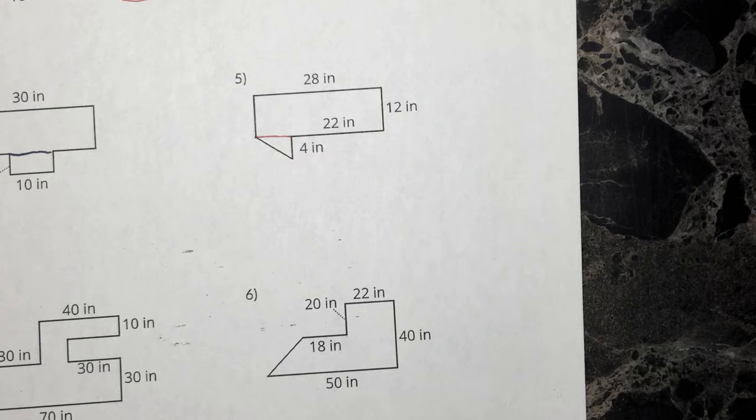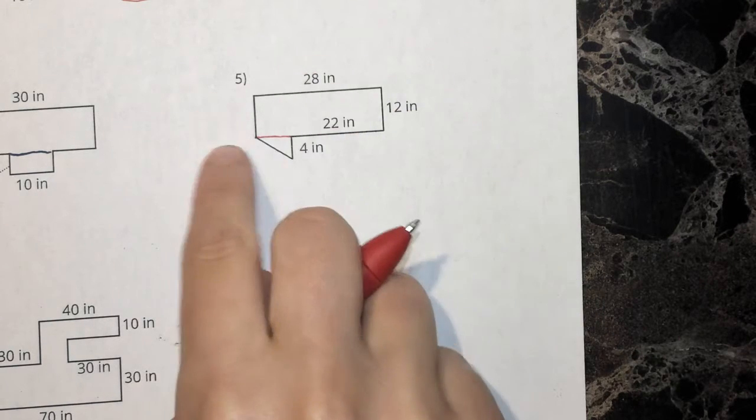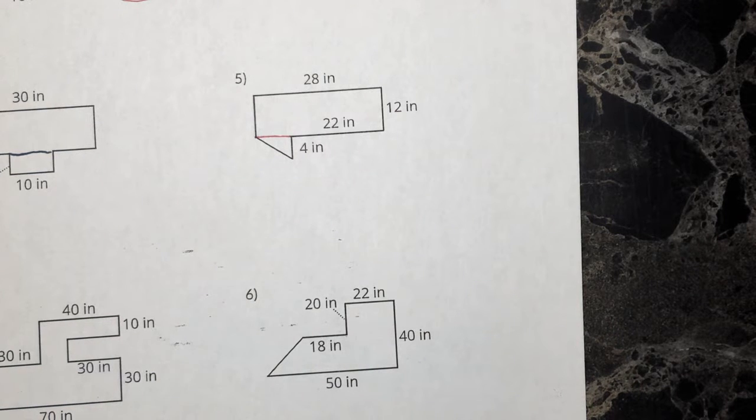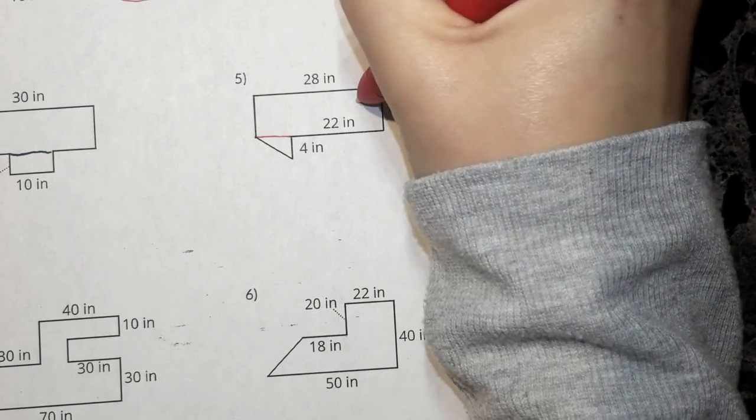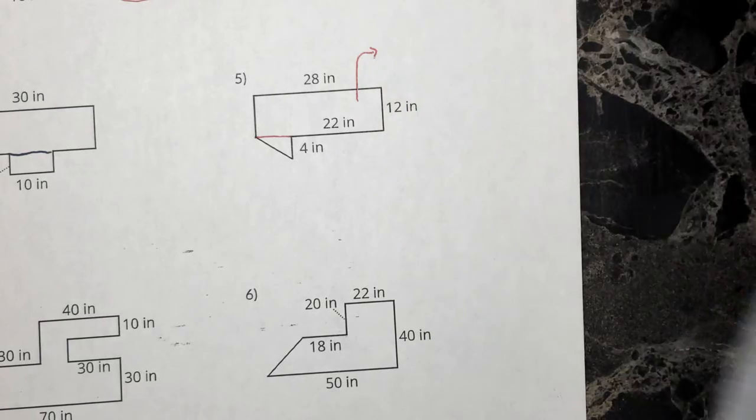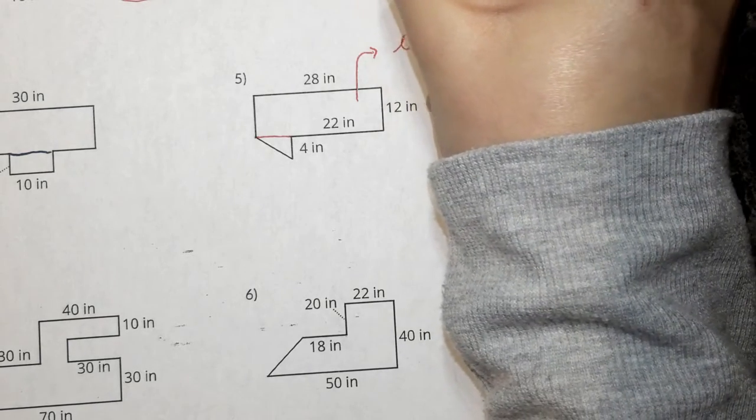That takes a little bit more time, so you can usually break those up into rectangles and triangles. So we need to find the area of this rectangle and the area of this little triangle. To do that, you have to first find what your dimensions are. We know that for this shape, to find the area, you take your length and you multiply it by